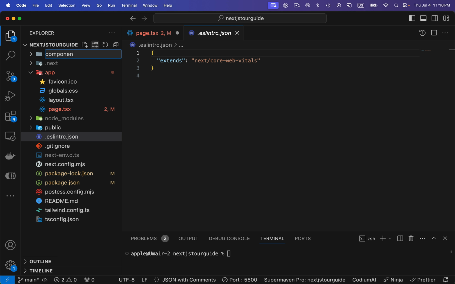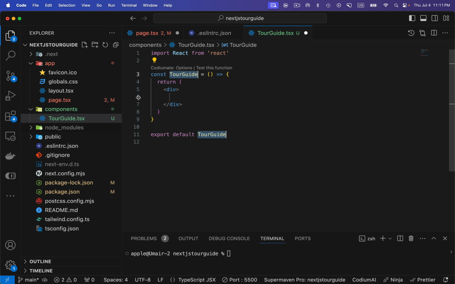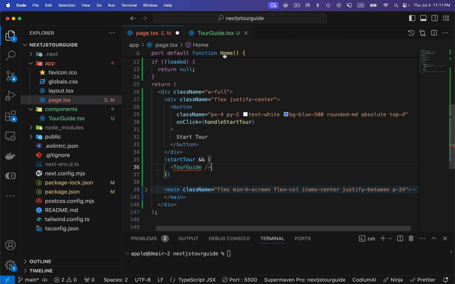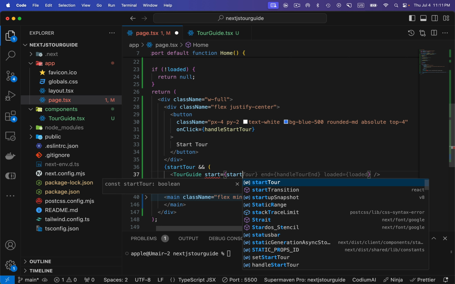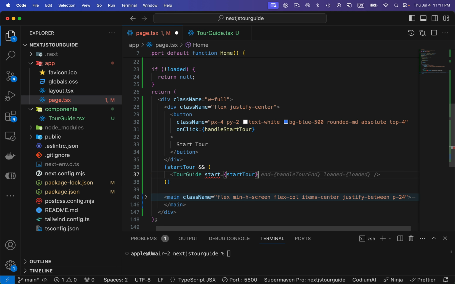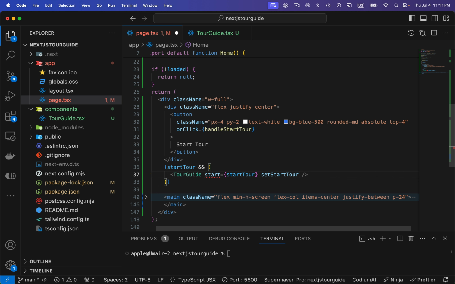Here I'm going to be creating a new folder components, and inside this component I'm going to name it tour guide.tsx. Let's give it this. So this is going to be a tour guide. Okay, so let's try to import that from here, and now I'm going to pass few props to it. So this is going to be the start tour, and then I'm going to be triggering set start tour equals to set start tour,